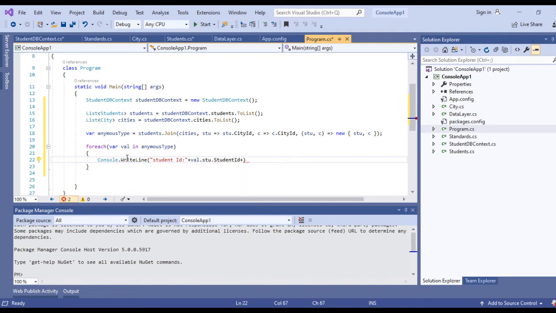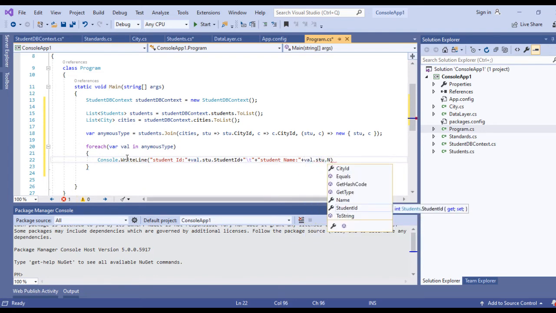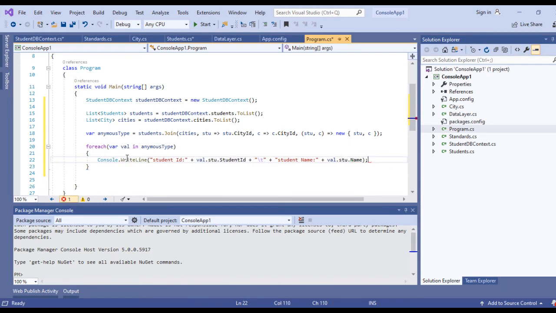So let's make use of a little bit of tab. Now plus, I want the student name, stu.Name. So this will give me the student's name.